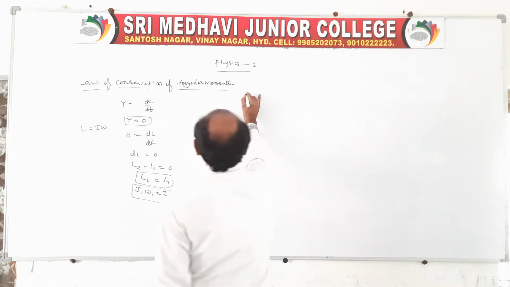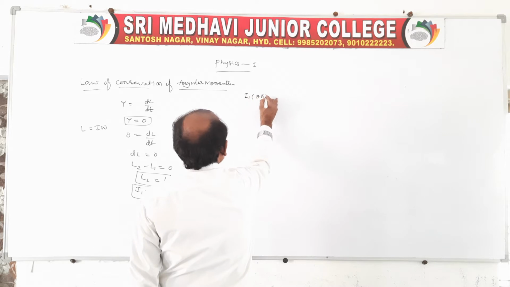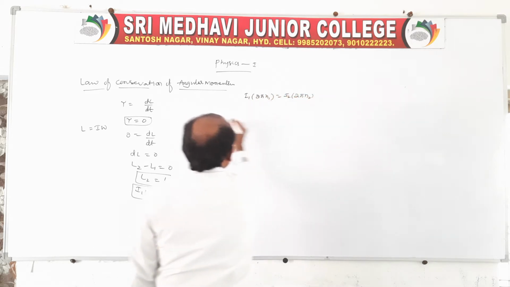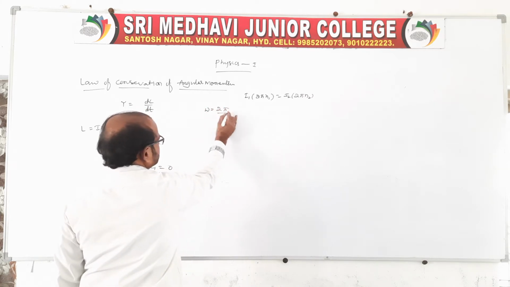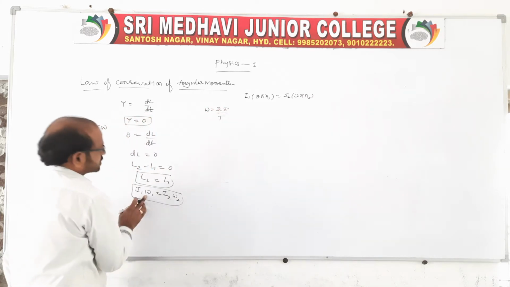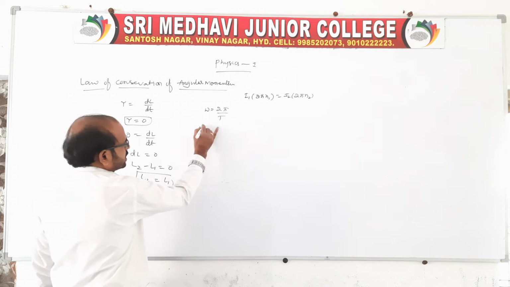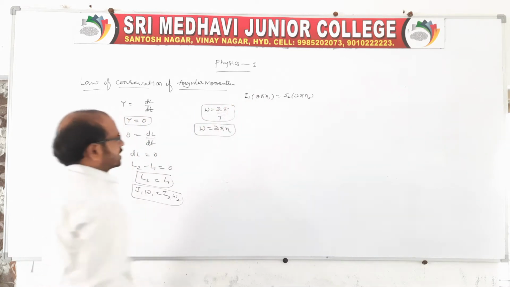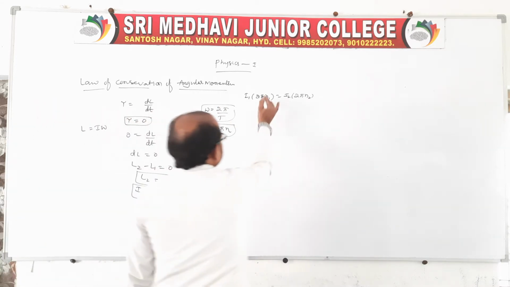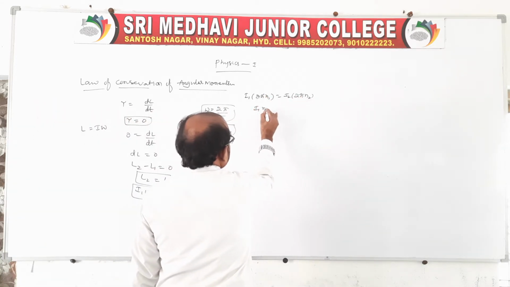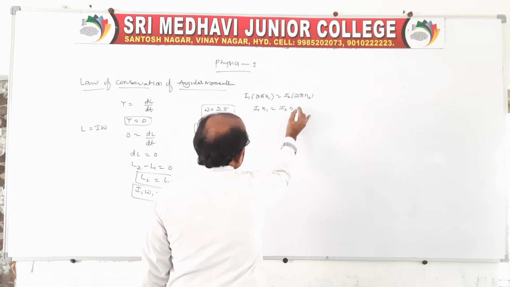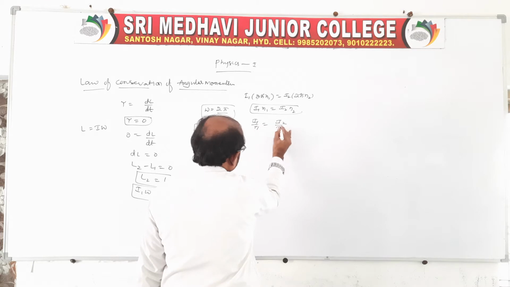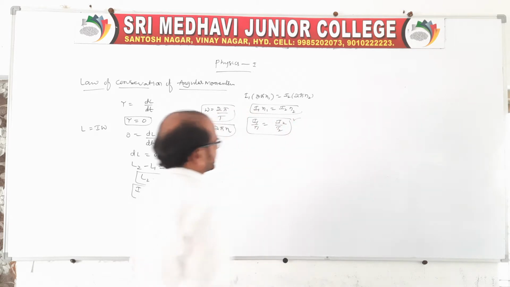So here, for I omega we can also take I1 2 pi n1 is equal to I2 2 pi n2. That is, omega is nothing but 2 pi by capital T. So if you want to replace with this also, no problem. Or 1 by time period is nothing but the frequency. So this is another expression. The 2 pi is cancelled, therefore I1 n1 is equal to I2 n2, or else omega1 by T1 is equal to omega2 by T2. We can also say like this.